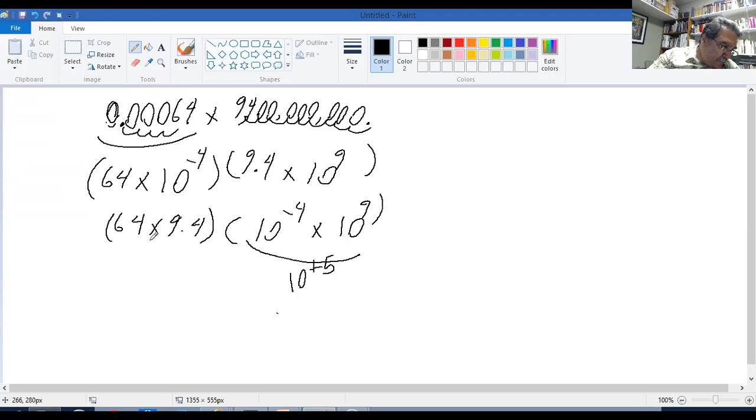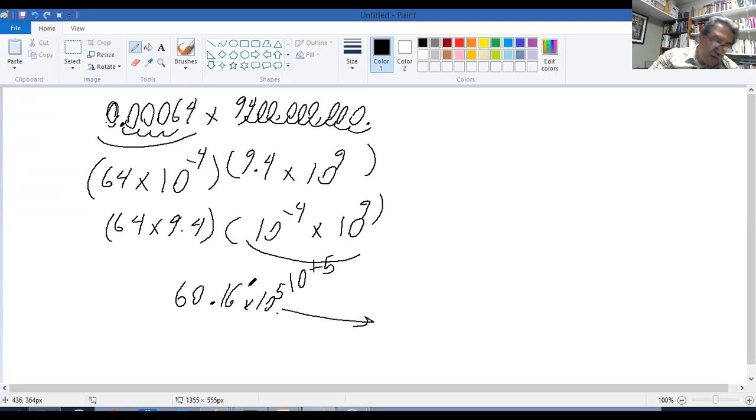When we multiply those, we get 601.6. So we have 601.6 times 10 to the power of 5, which is equal to